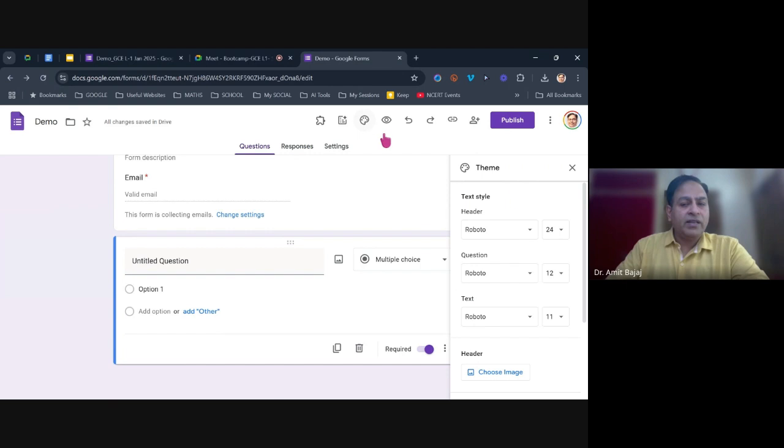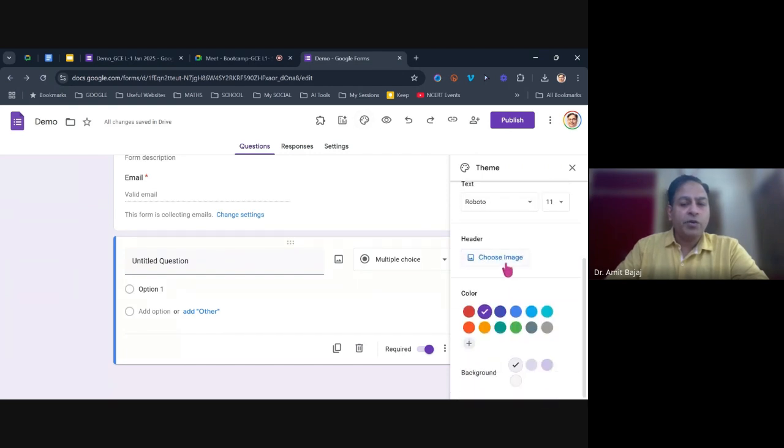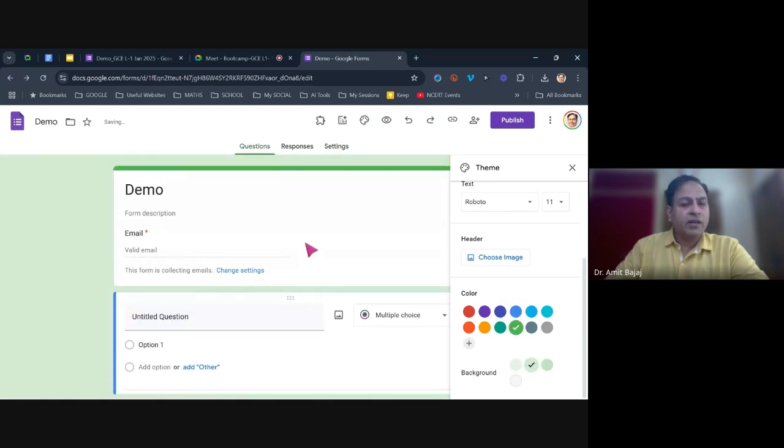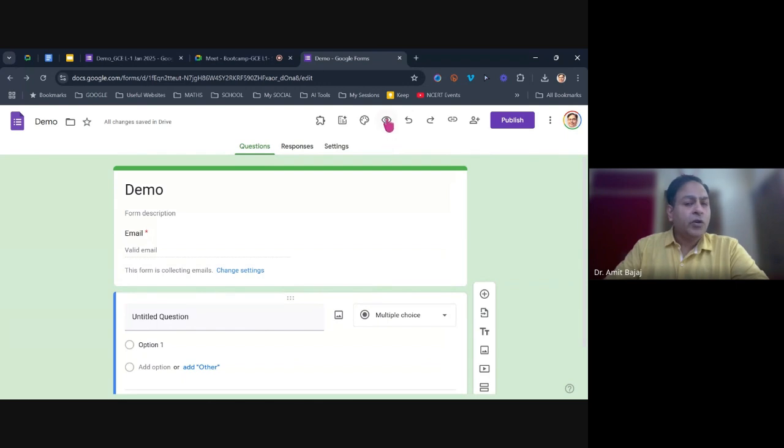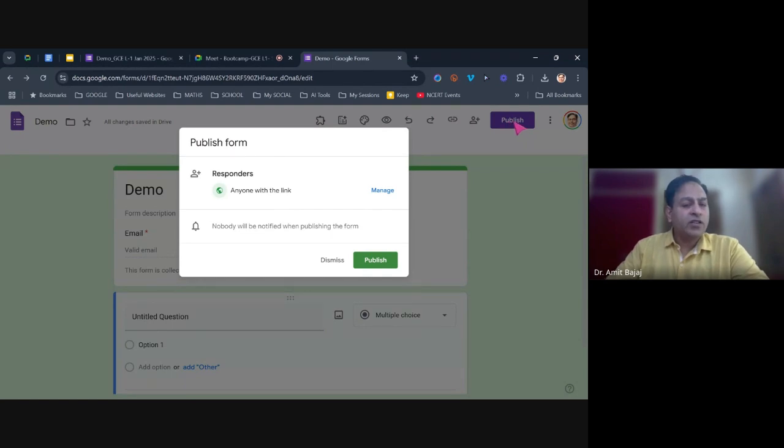You can always customize the form, the font which is to be used. If you want the header image, you want to change the color options over here, everything is available. You can always preview your form. Undo, redo options are here. But copy respondent link will be available only after I publish this form. When I click on this publish,